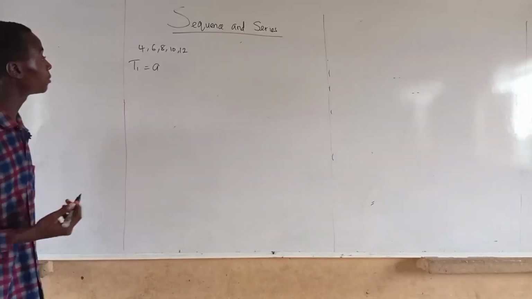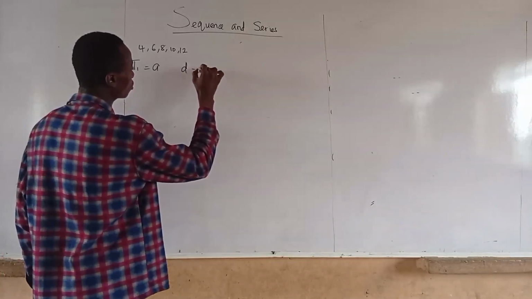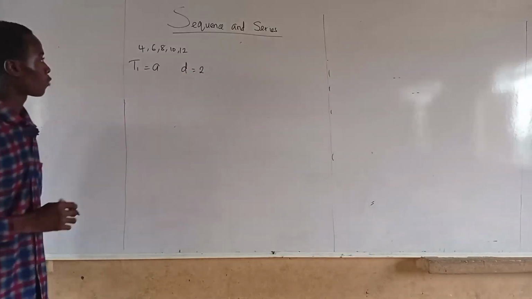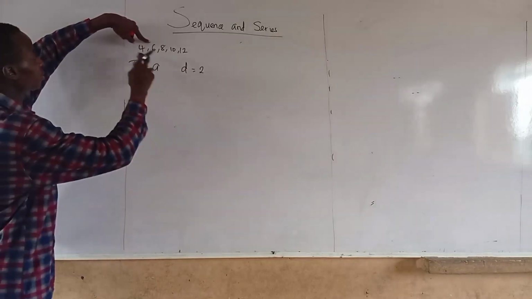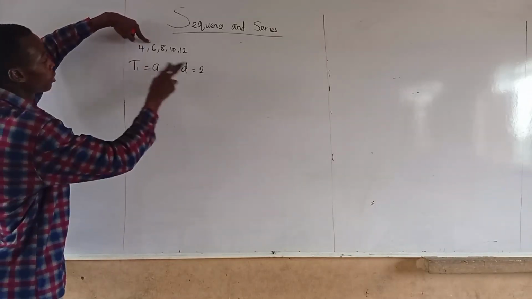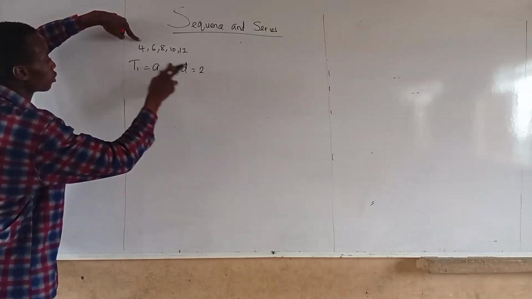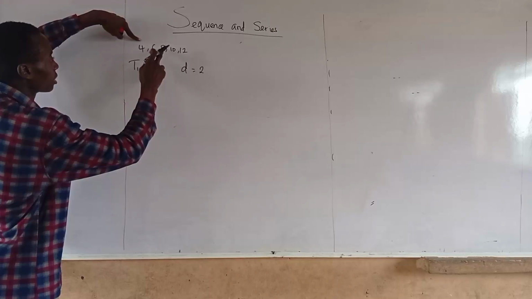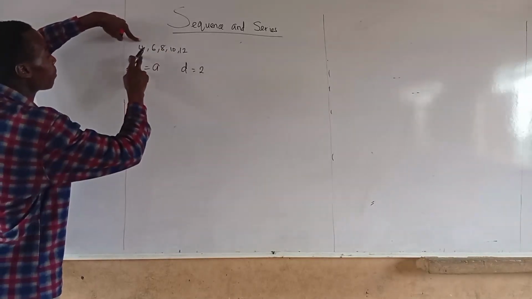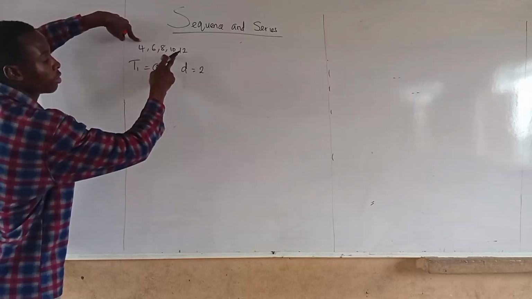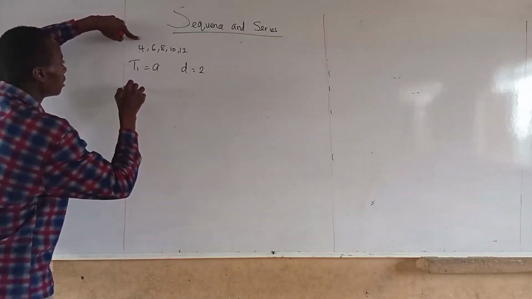Since we know what common difference is, our common difference here is what? Our common difference is 2. So we got our next term by adding the common difference to this number. 4 plus 2 is 6. But to get this term here, 4 plus 2 plus 2 will give us what? 8. Hope you understand. So to get this one, it will be 4 plus 2 plus 2 plus 2, right? Which is 10. Now, so I can say our